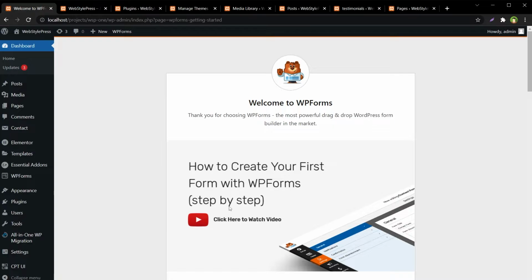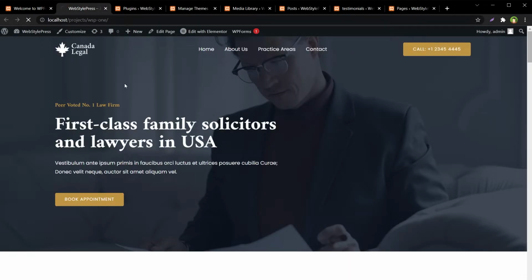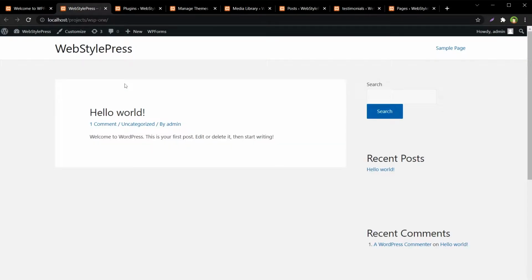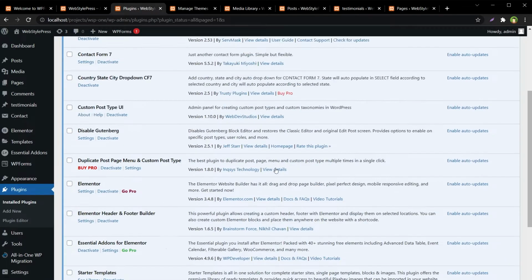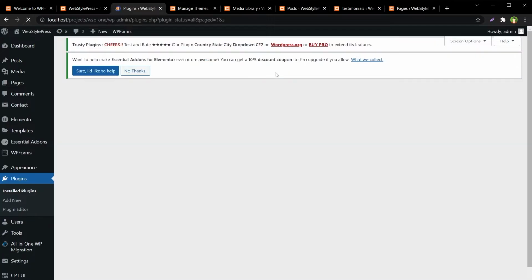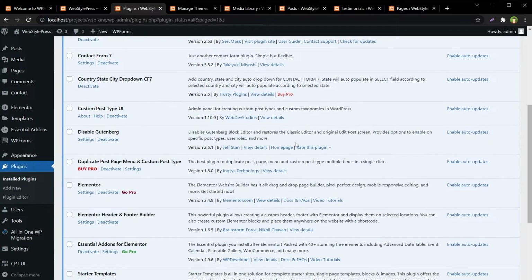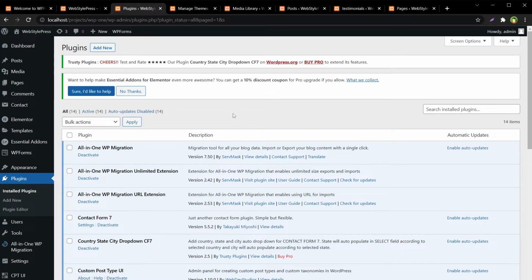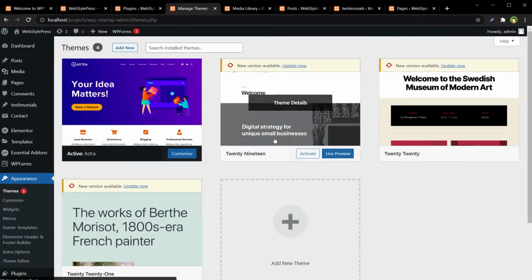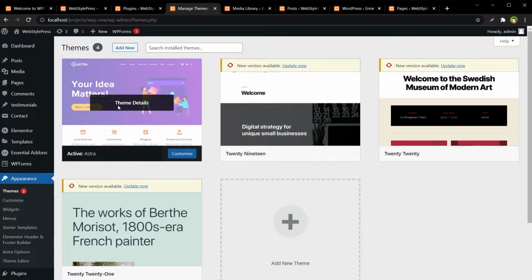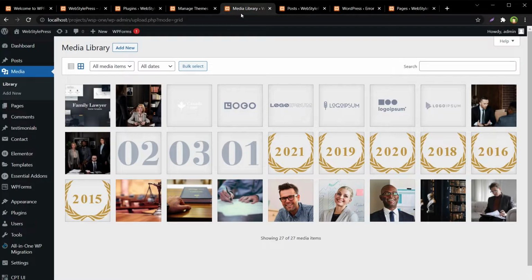Let's look at how our site was affected. Refresh homepage. Now this is the Astra theme back to default. Refresh the plugins page. We've got all our plugins and these are active. And these are themes. Astra is active. For our media library, we have items in the media library.